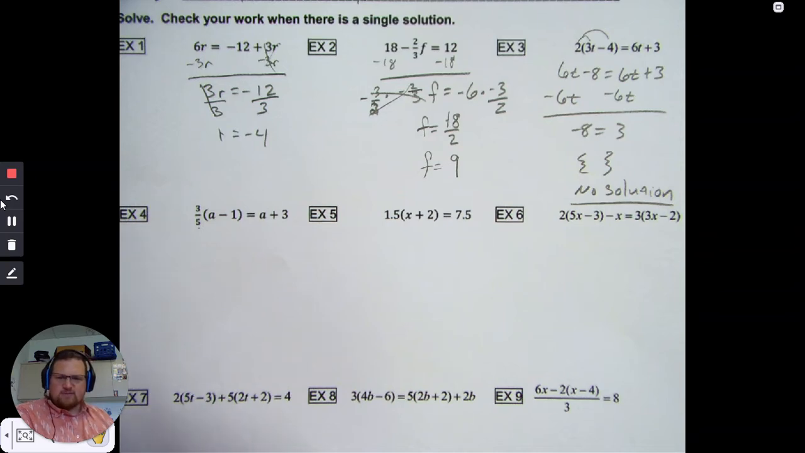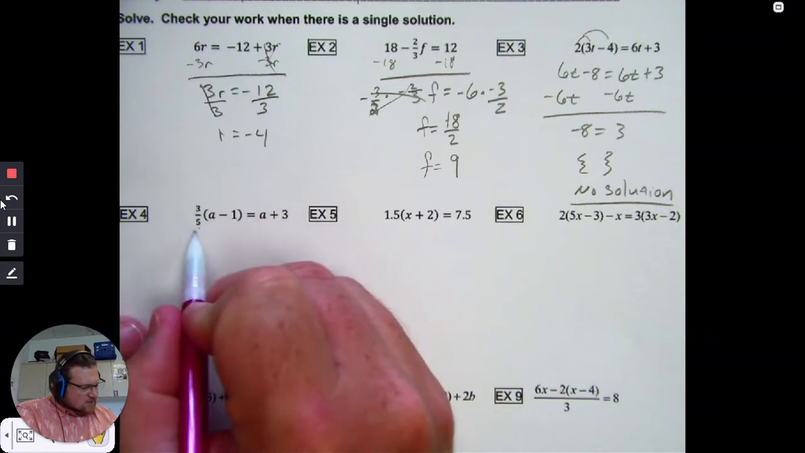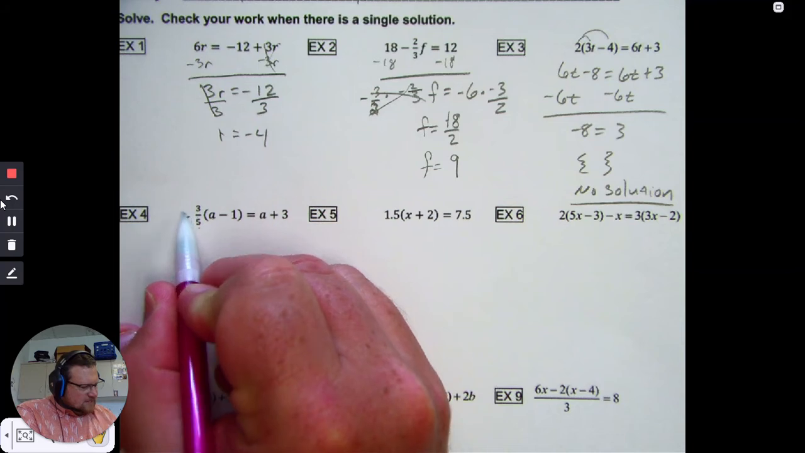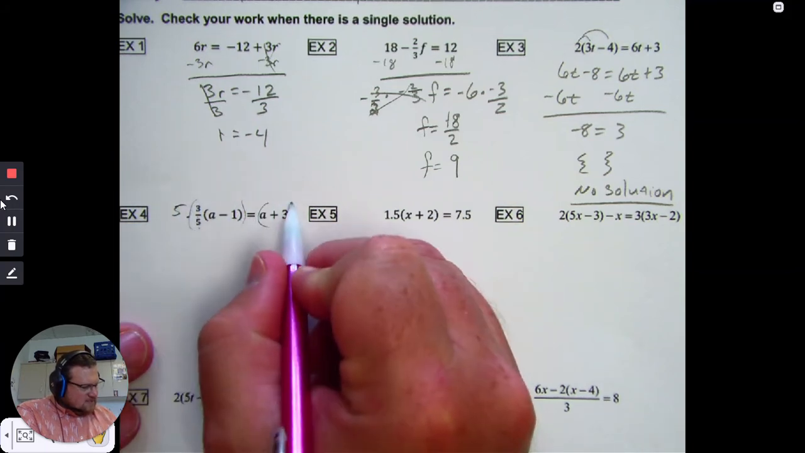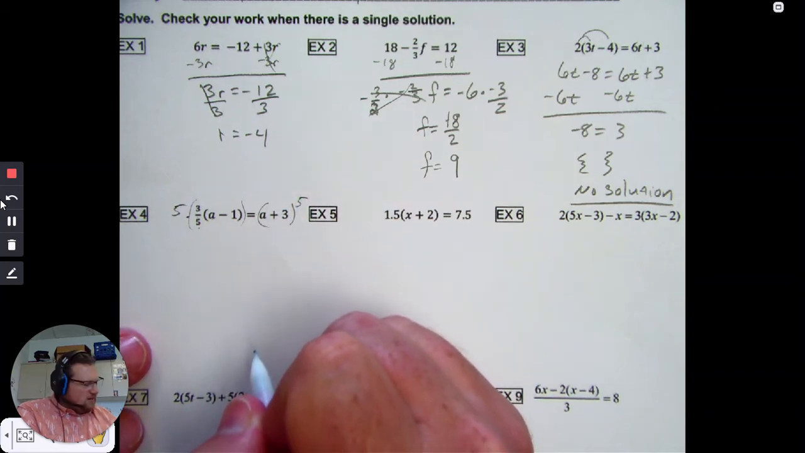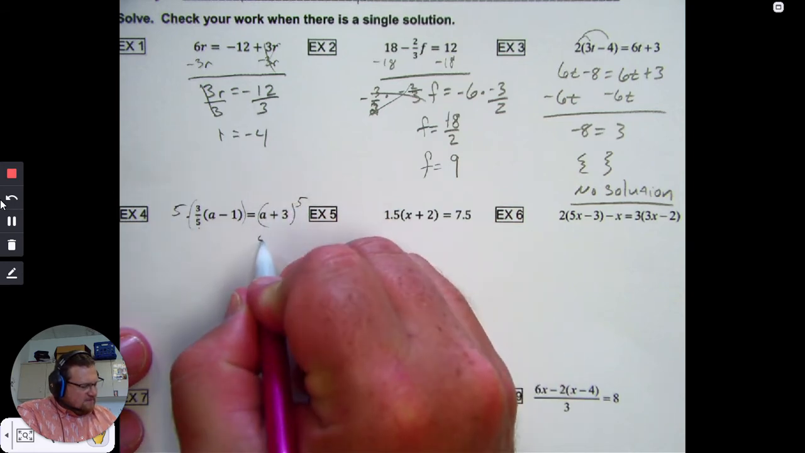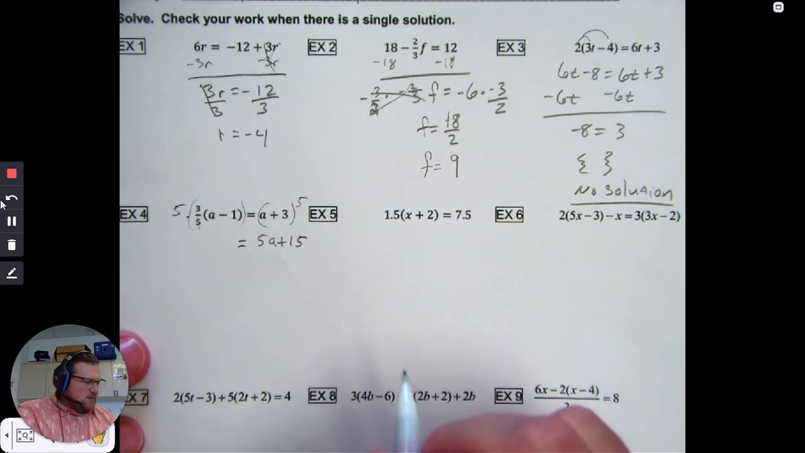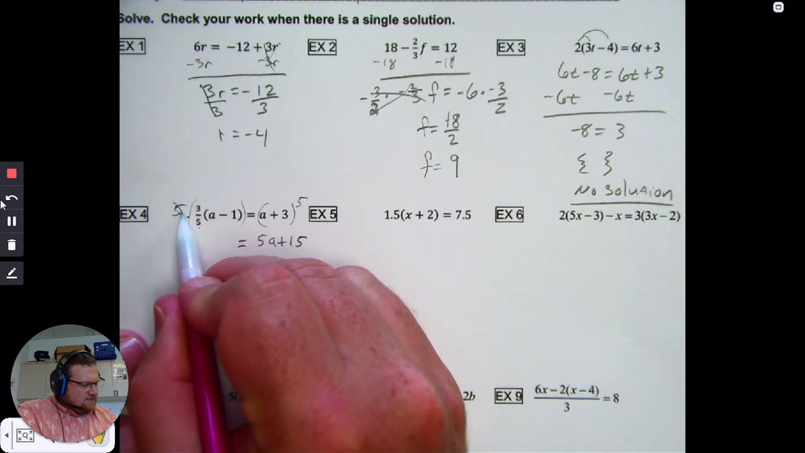We can get rid of the fraction first for those who have that definite fear of fractions. What we're going to do is this whole thing is being multiplied by this whole thing. So if I multiply this side by 5, and I multiply this side by 5, we can now get rid of that fraction. So on this side, 5a plus 15, and then on this other side,